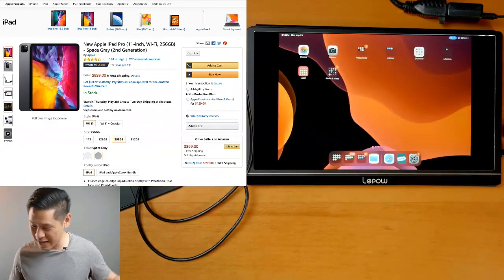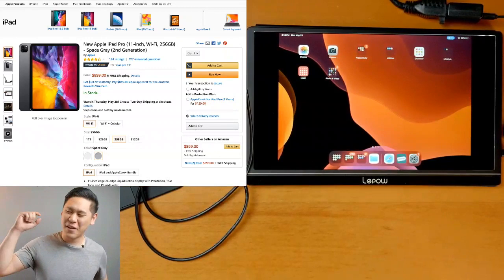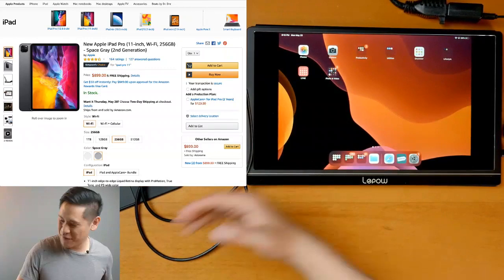Oh, there it is. It worked. You know what the problem was from before? The battery was too low, so I couldn't output. But now, if you have enough battery on this,